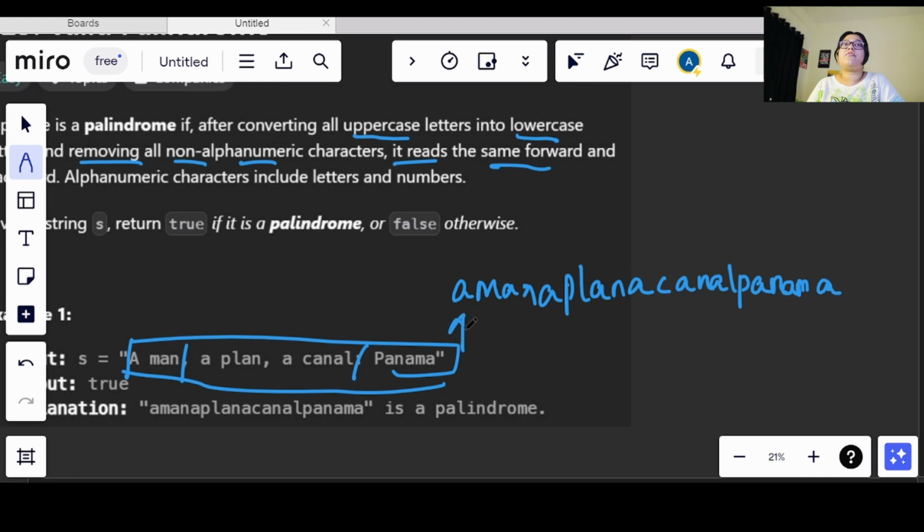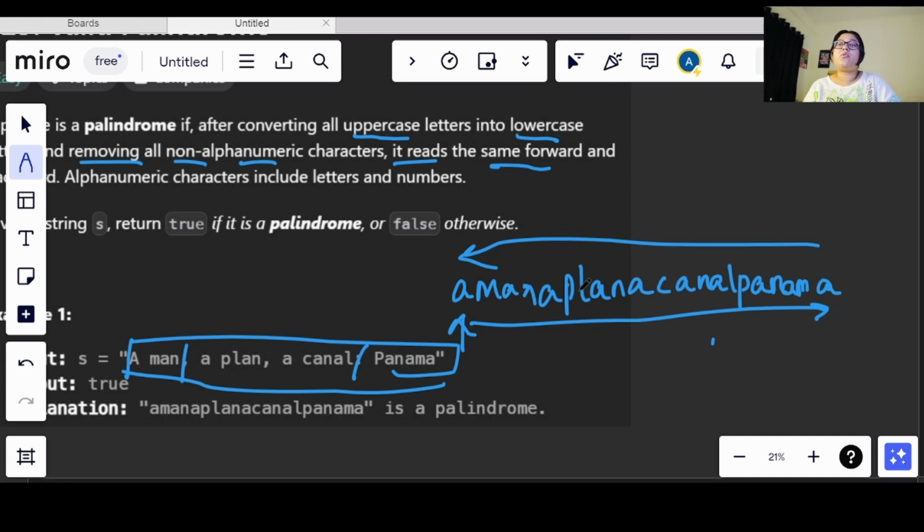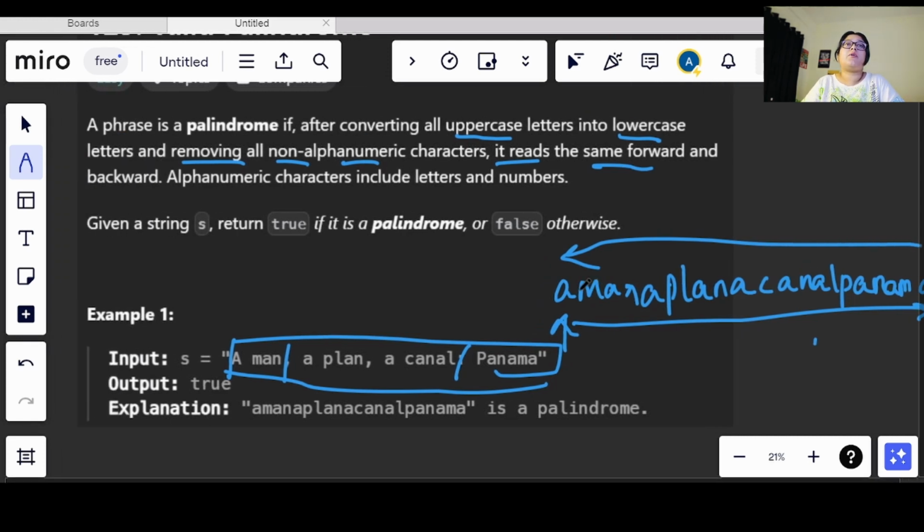Now we need to check whether moving from left to right, going forward, gives a string equal to the string formed in the backward direction. If we find that it is equal, then we need to return true, otherwise we have to return false, okay. So basically we need to make our string compact by removing the characters which are not alphabets or numbers, then change the entire thing into lowercase, and then check for reverse, okay.